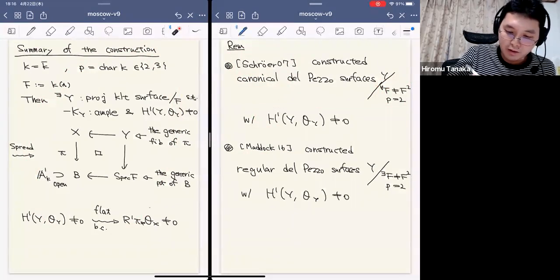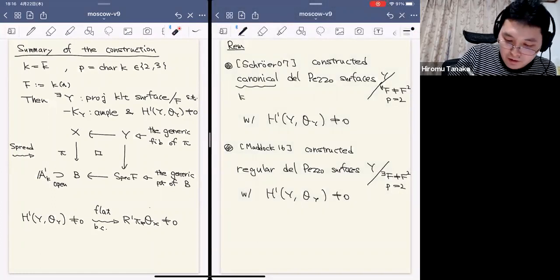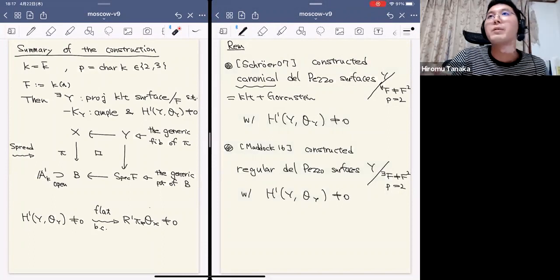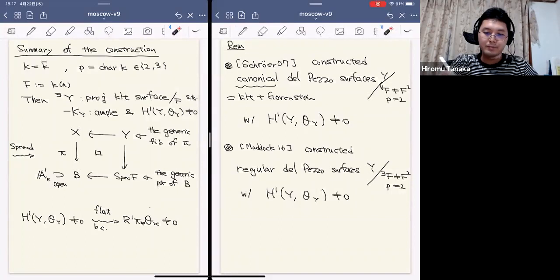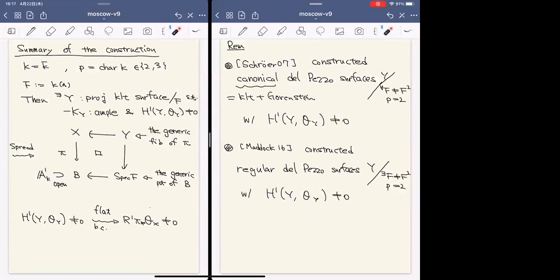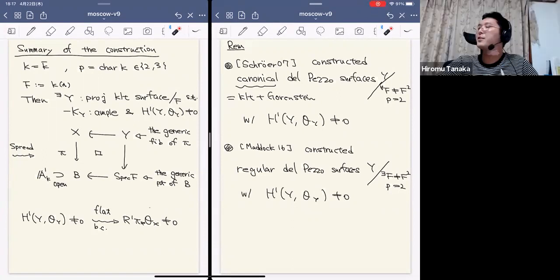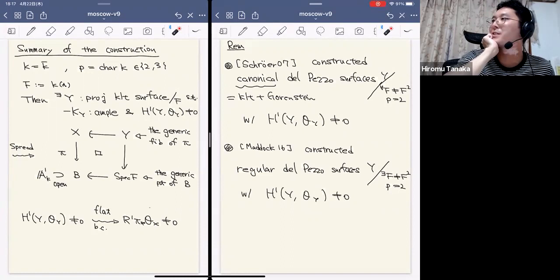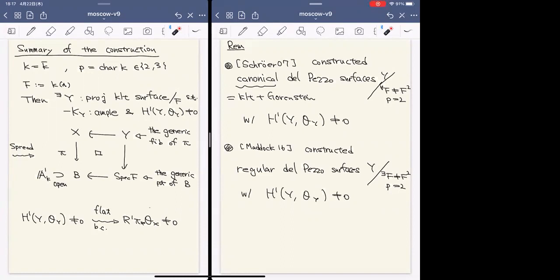And I did not explain what is canonical, but at least for the surface case, even over an imperfect field, this is equal to KX plus Einstein. So if you are not so familiar with this notion, then just consider KX plus Einstein. Is it the same as Du Val? Oh, sorry, it's the same as dual. So, sorry. Is it the same as Du Val singularities? Oh, Du Val. So which means some explicit equation you are talking about.